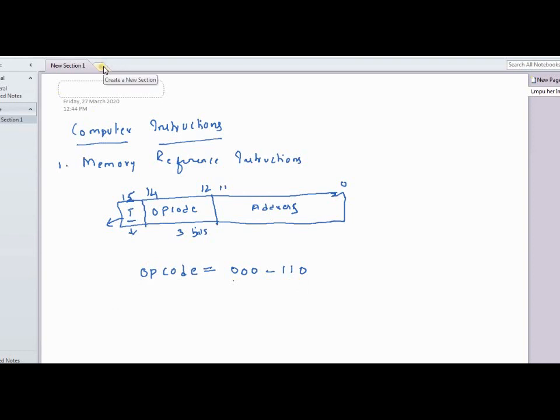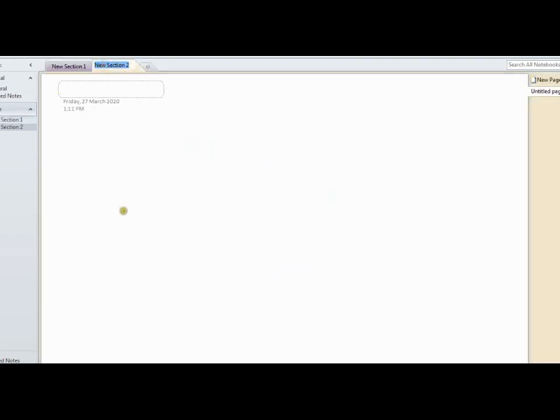Next, another type of instructions are the instructions which involve registers. We will call them register reference instructions.